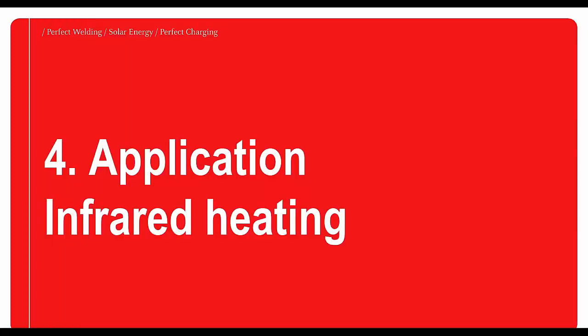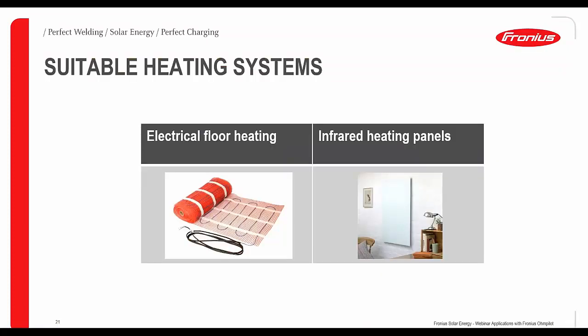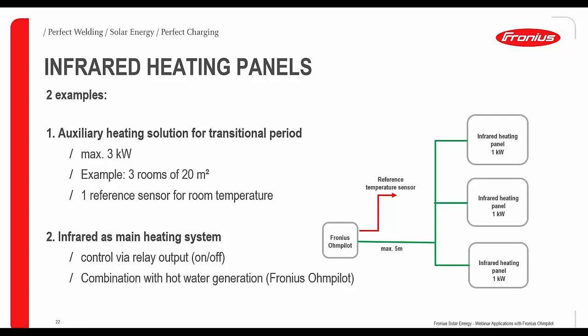Okay, so last but not least, we also have the application with the infrared heating. Suitable heating systems: we can see in the picture something like electric floor or wall heatings that can be installed, or infrared heating panels that can be connected. And usually there are two types of installations you can do. The first one would be the auxiliary heating solution for the transitional period. So like you can see here in the schematic, we have